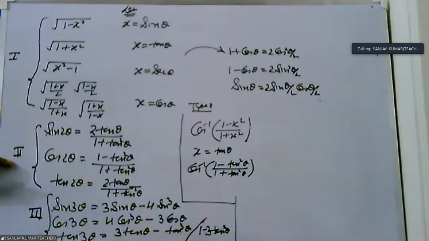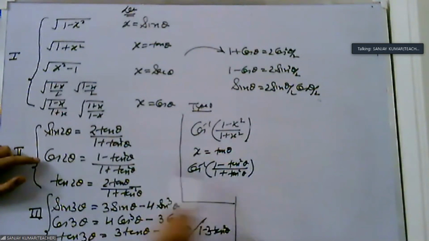So the first step is we decide what we let x. The first step we decide what we let x. For that you have three tables. The first, second, third. First you see from where it is matched. So this is matched with this one. So we are supposing x is sin theta. First you decide what it is matching with. Then you let x is tan theta. Now this is matched with this one.